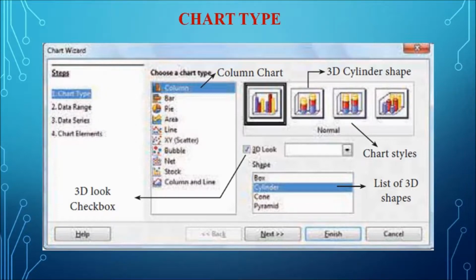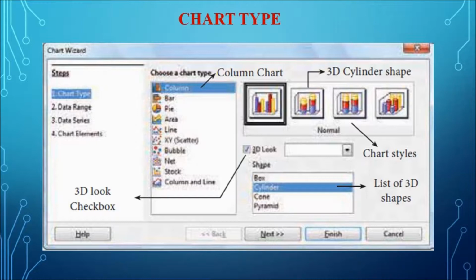So creating charts and creating functions are all key factors for the betterment of the spreadsheet. And OpenOffice Calc provides a chart wizard. In the function we have seen about the function wizard. So here for creating and manipulating the charts, OpenOffice Calc provides the chart wizard.